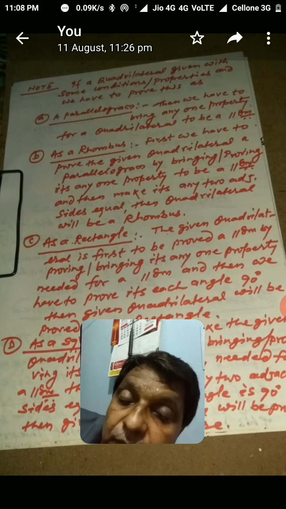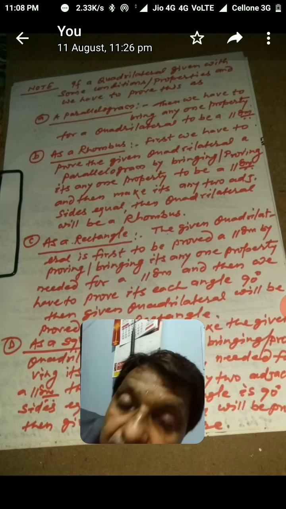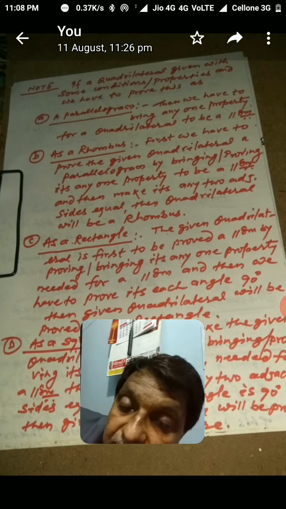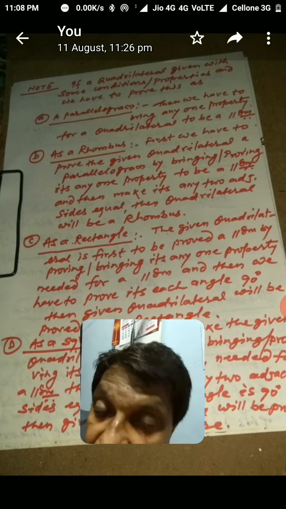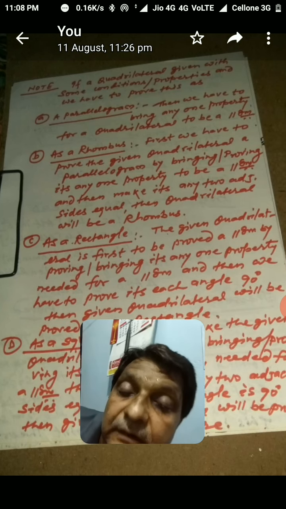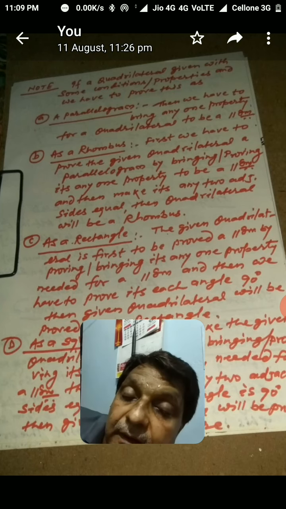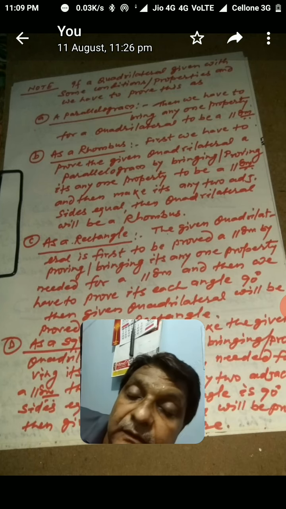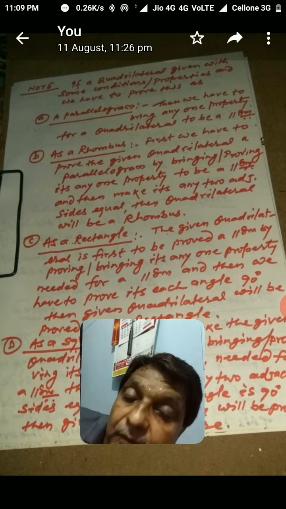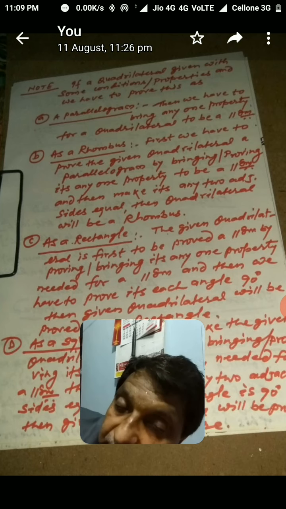Then we will show any two adjacent sides equal by making two adjacent triangles congruent. With the help of these congruent triangles, we get the result that two adjacent sides are equal. And then, by stating that the given quadrilateral is a parallelogram with two adjacent sides equal, it now shows the property of a rhombus, so it means the given quadrilateral is a rhombus.